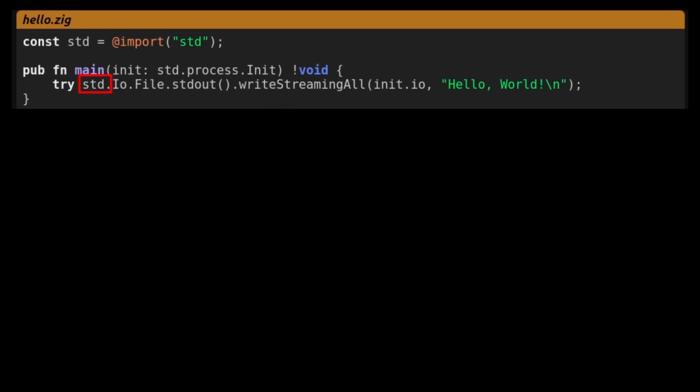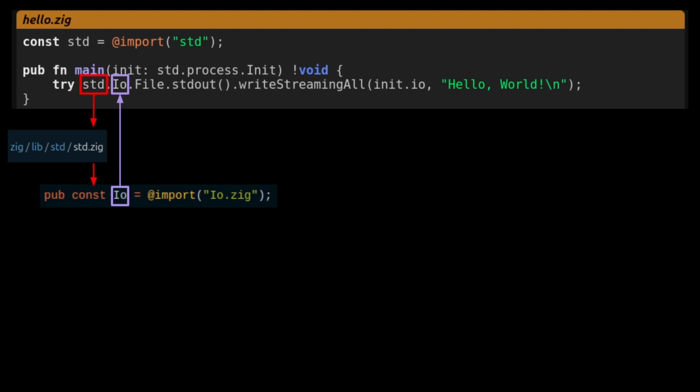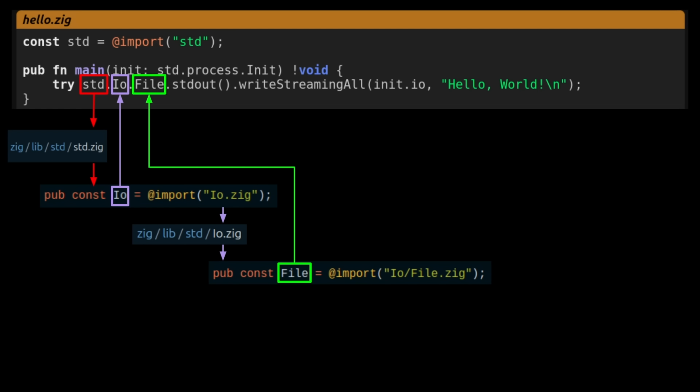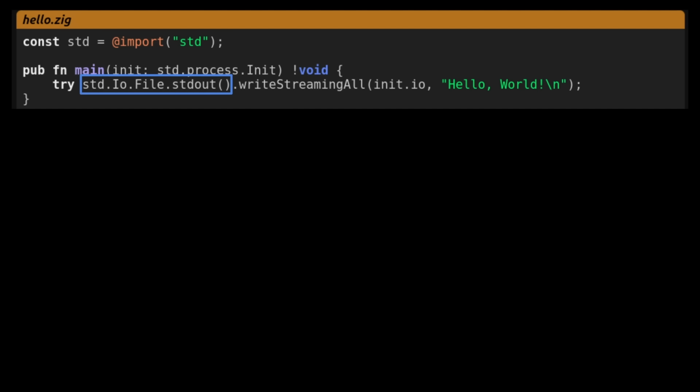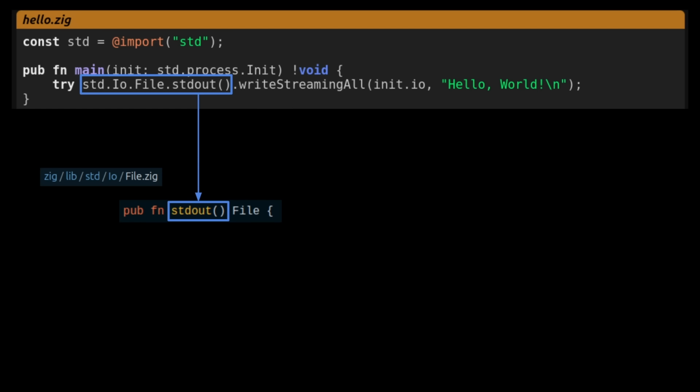Inside the main function, we use the std constant to call the function stdout. But to do that, we first need to traverse the io and the file namespaces. If we look inside std.zig, we can find the io declaration. It imports the io.zig file. Inside it, we find the file, which is another import. And inside std/io/file.zig, we find the stdout function. So std.io.file.stdout calls the stdout function defined in